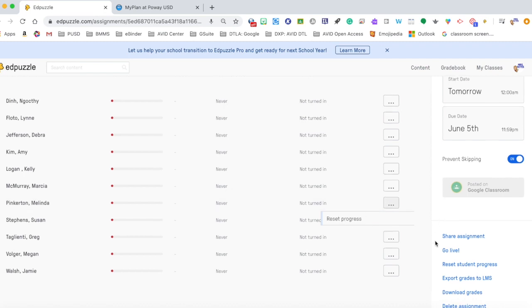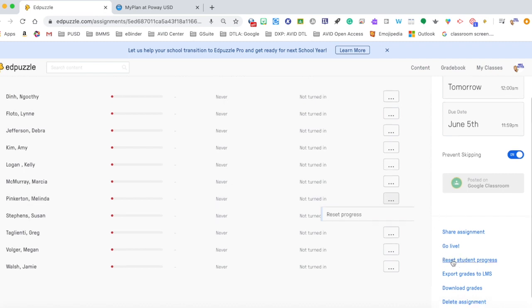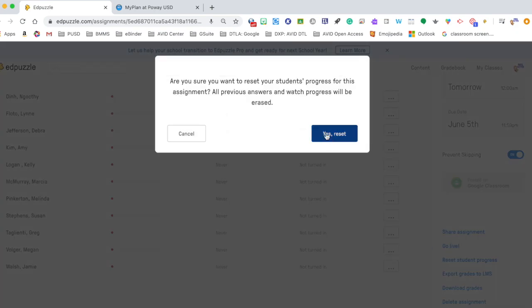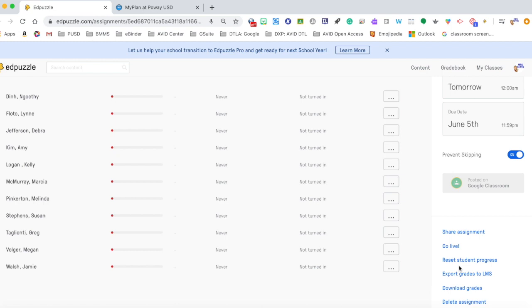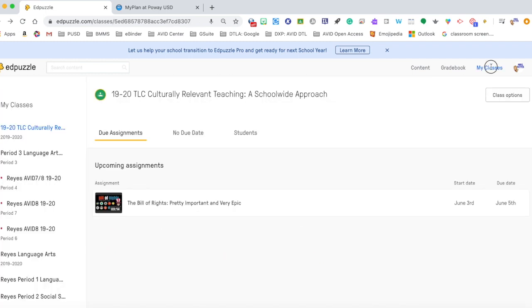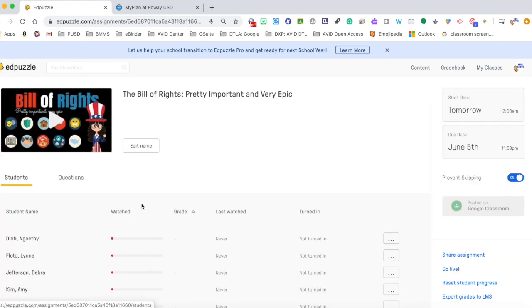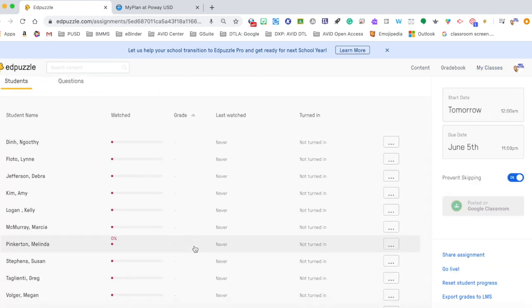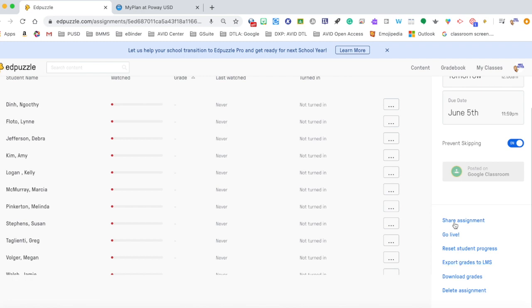If you want to reset all of your students' progress, you can click this, but it will warn you that all answers will be erased. So unless you want the whole class to watch the video, you just go to the 3 dots and reset their progress. Again, that's by going to My Classes, the specific class you want, and pressing on the specific assignment, watching them work live, and choosing this